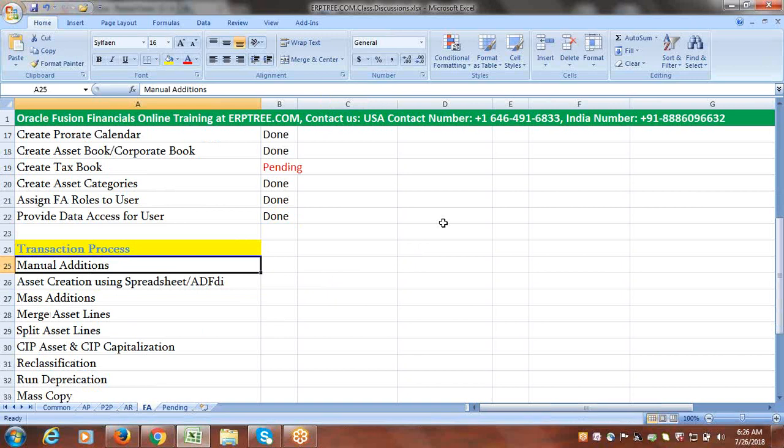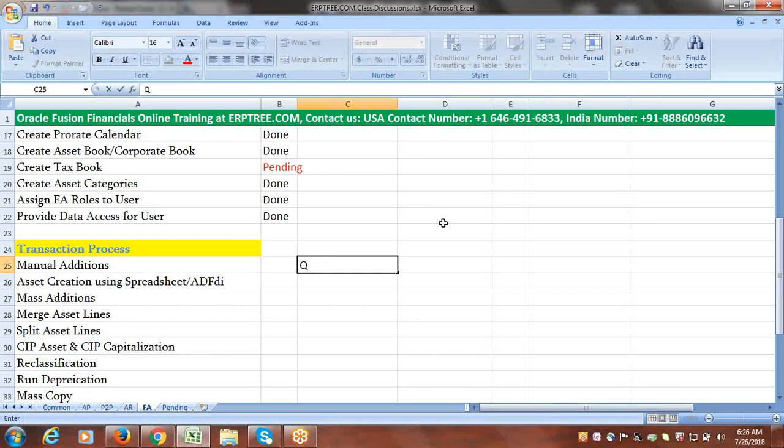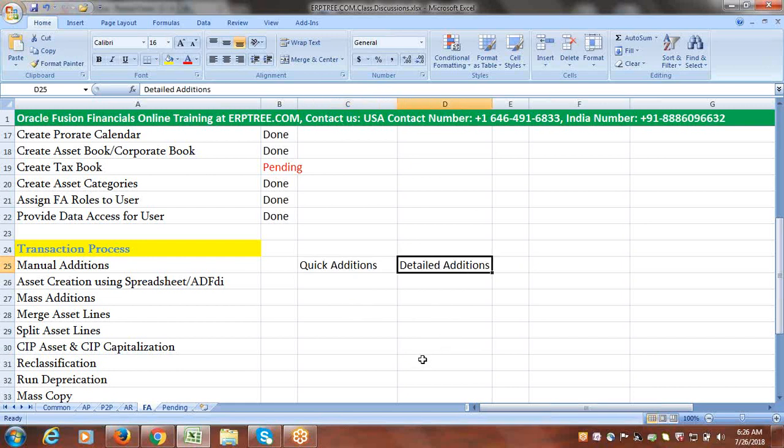If we talk about manual additions in EBS, we have two options: quick additions and detailed additions. If you navigate to Asset Workbench, you could see these two options: quick additions, and the other one is detailed additions. With the quick additions, with the basic information, we can create an asset. When we talk about detailed addition, you can provide